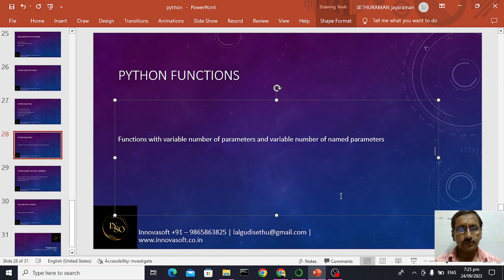So, in this session, we will talk about Python functions, but specifically how you can pass a variable number of parameters to Python functions, and also keyword parameters, a variable number of keyword parameters. So, when I say a variable number of parameters and keyword parameters, normally when you write a function,